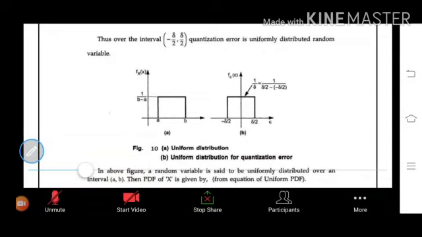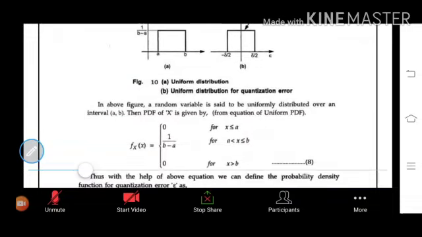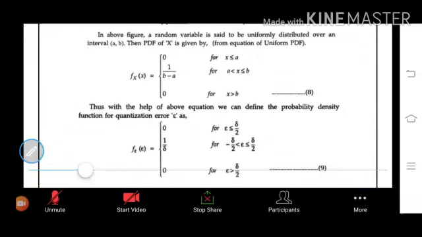You can distribute the negative level to positive levels. In the first diagram you can observe just the uniform distribution, from some increasing levels, negative to positive equal level. This also gives the formulas for the PDF of